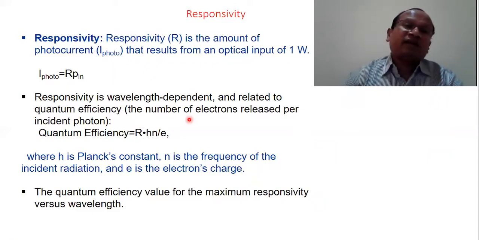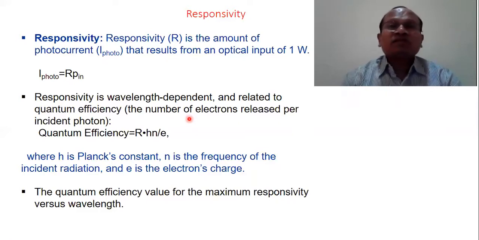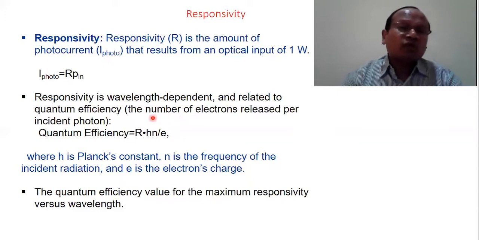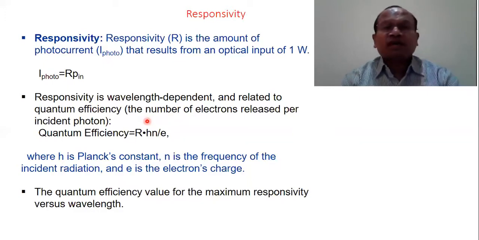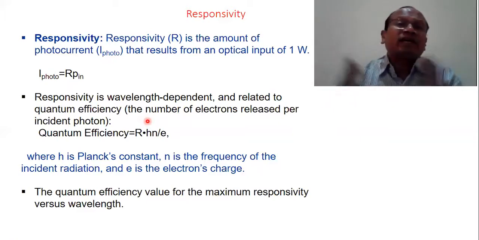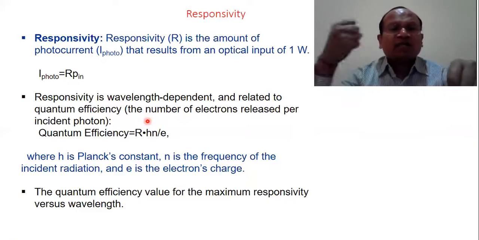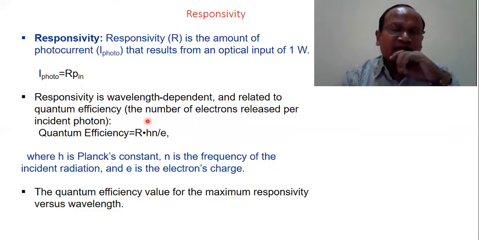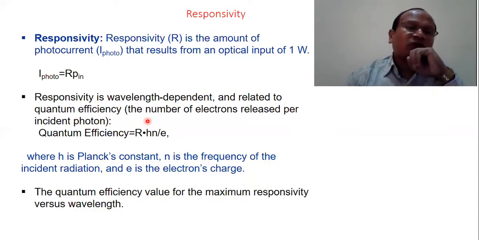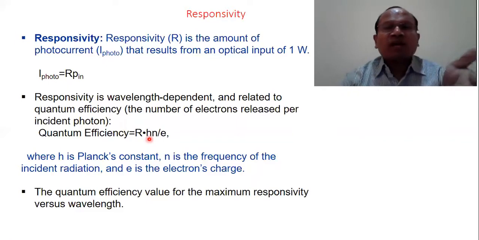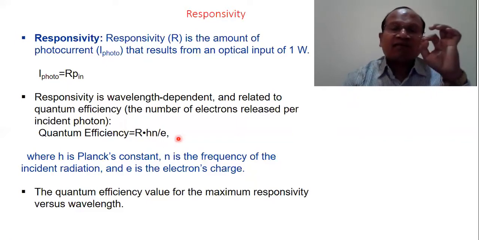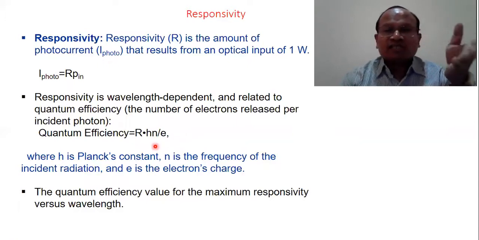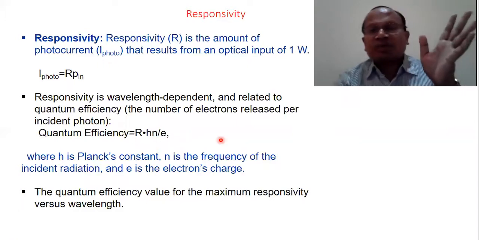Responsivity is wavelength dependent. It depends on current, which means it depends on photons, and a bundle of photons actually constitutes light. So it depends on wavelength, and it is related to quantum efficiency also. We know quantum efficiency is how many electrons or carriers are released per incident photon. That is the term used in optical sources. So quantum efficiency is R multiplied by H into N divided by E, where R is responsivity, H is Planck's constant,